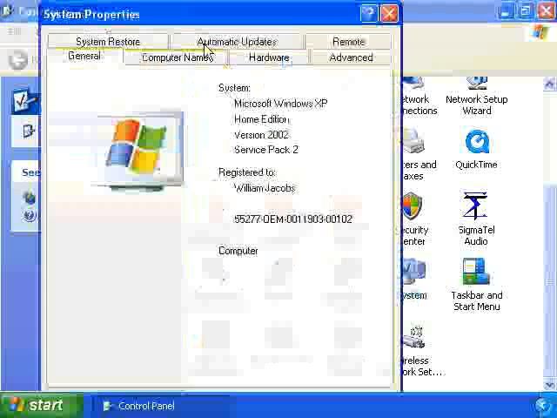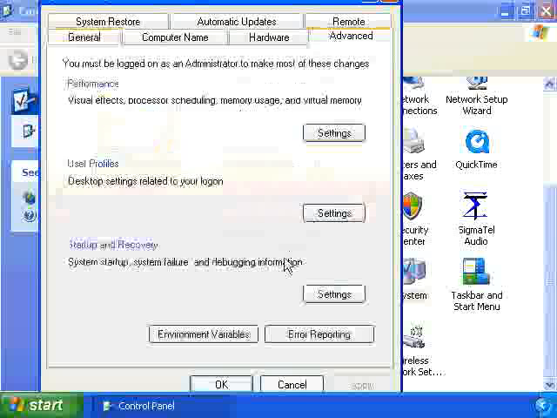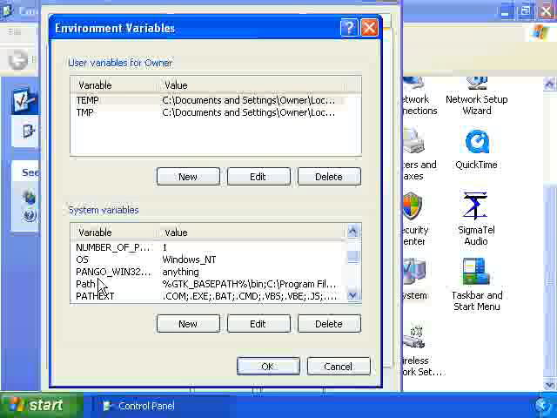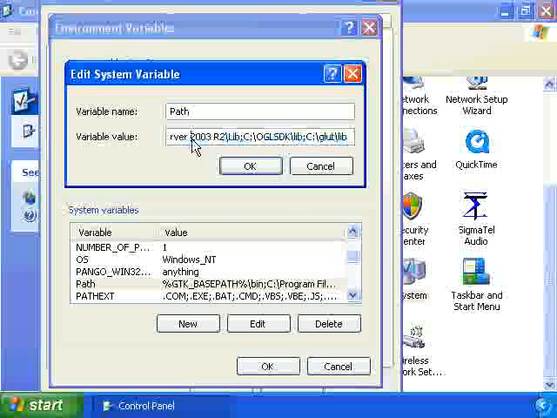System, Advanced Environment Variables. You'll find the path environment variable and click Edit. And you'll notice that the path environment variable is just a bunch of directories separated by semicolons. You'll want to actually add a few directories to the end of this list, which I've already done, but what you want to do is put a semicolon, then the directory where you installed the Platform SDK, /lib, another semicolon,